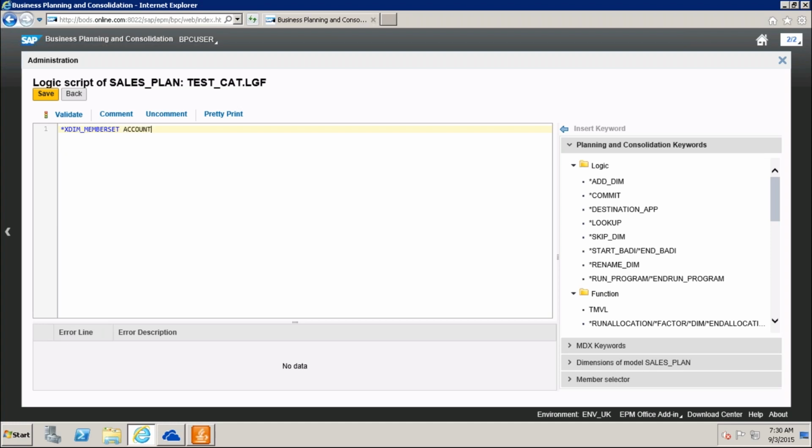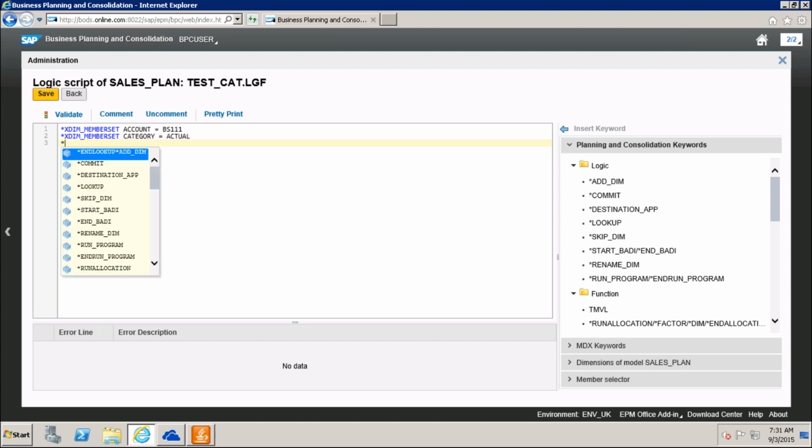Account is equal to BS 111. Next, star xdim member set category is equal to actual.